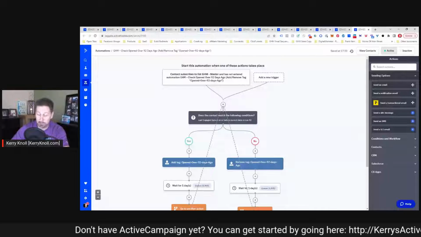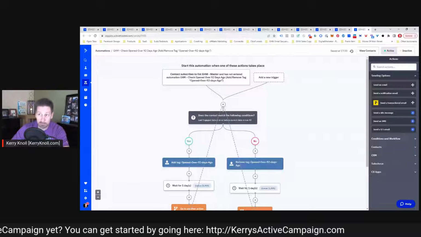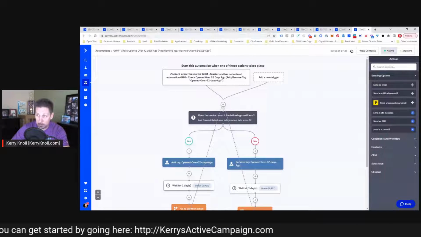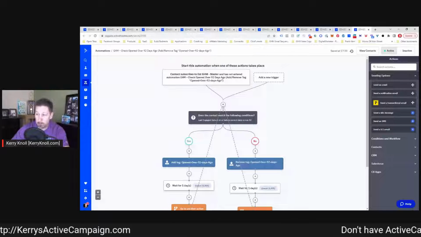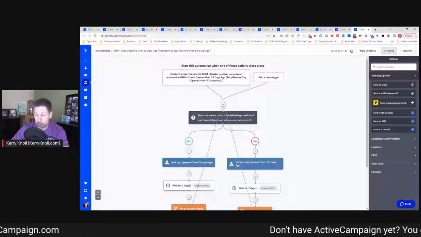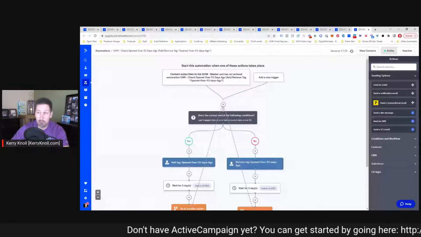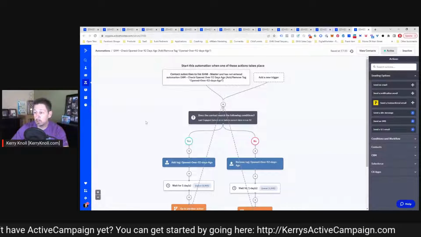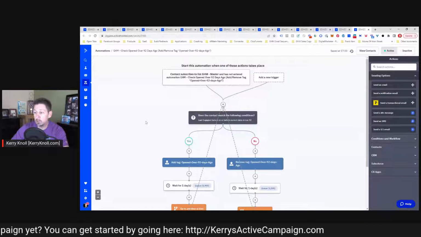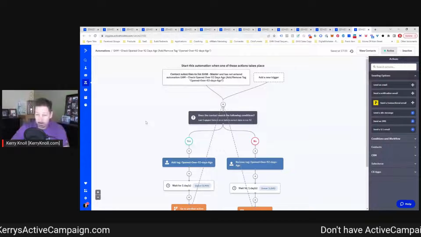If I were to add up the folks from 0 to 7, 8 to 14, 15 to 21, 22 to 28, 29 to 35, like those segments, those will add up to about 900 and change of folks that have opened emails within the last 35 days, which the nice thing is when we do this, we can clearly see that the majority of people who do open out of the 1,191, right,